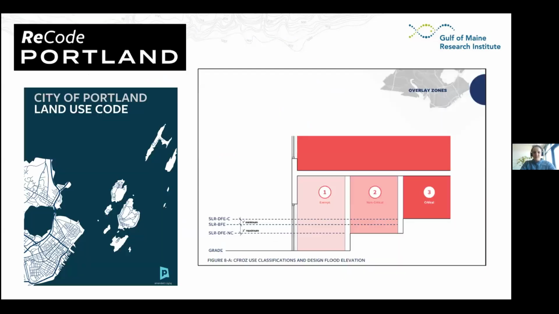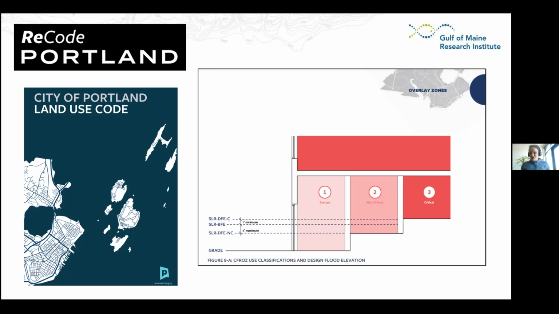A second example that I think is just the coolest: the city of Portland has redone its land use code. After these state scenarios came out, they worked with the Silver Jackets, which is a U.S. Army Corps of Engineers group, to develop a local hydrodynamic model that modeled some of the storm events of record, plus the state's adopted sea level scenarios, to create an overlay for coastal flood hazard in the city.